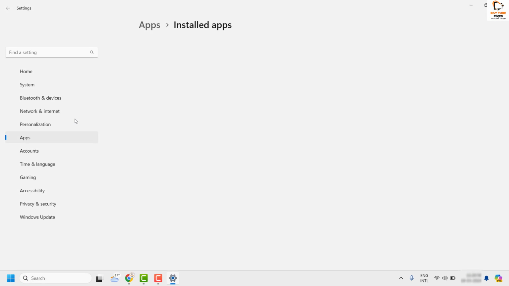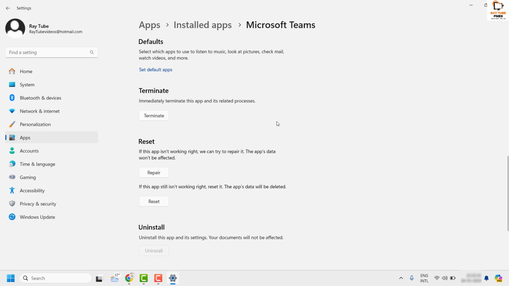Once you have the App Settings window or the Installed Apps window, you may scroll down and look for the option which says terminate. So you may click on terminate. What this will do is immediately terminate all the processes or the Microsoft Teams related processes in your Windows. You may click on terminate multiple times, and once it is done, then